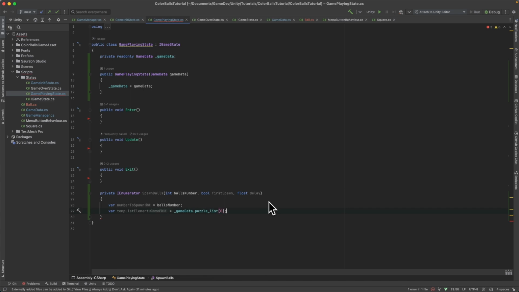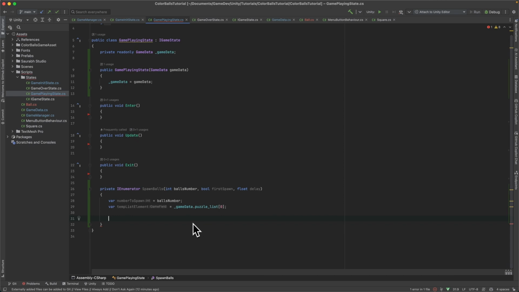It doesn't matter which element you pass, we just want this initialized with our game data so it's not empty. Then right at the bottom, let's create a new while loop. So while number to spawn is more than 0,